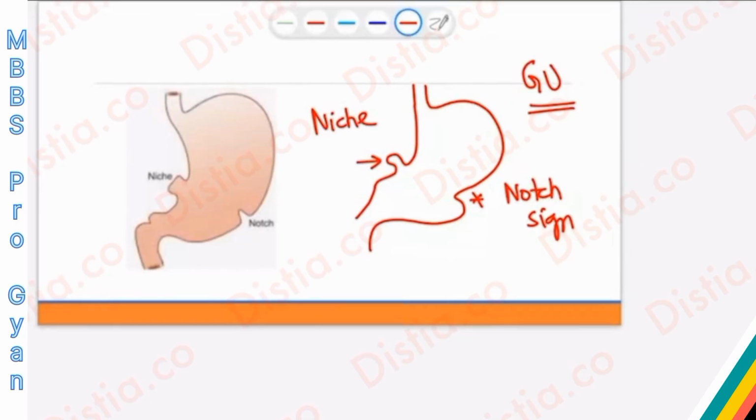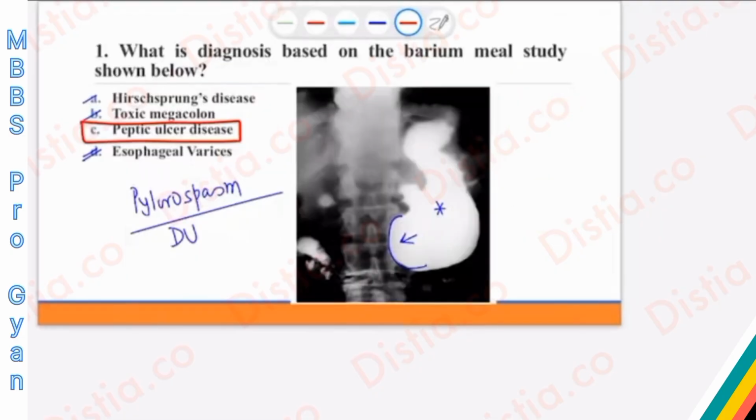So I have today tried to explain to you the fact that yes, duodenal ulcer and gastric ulcer can be scanned with upper GI endoscopy also. But traditionally, if you follow surgery books or medicine books, they love to give images of barium meal follow-throughs as well. In this particular patient, the image that I showed to you is that of an abrupt cutoff. So you need to get two morphologies right. Abrupt cutoff of the contrast at the distal end of the stomach: you have to answer duodenal ulcer.